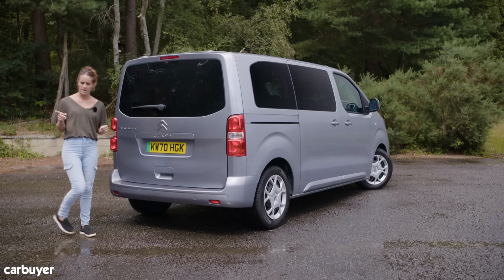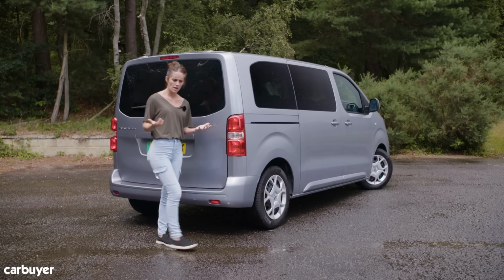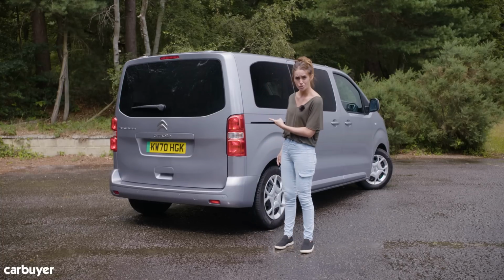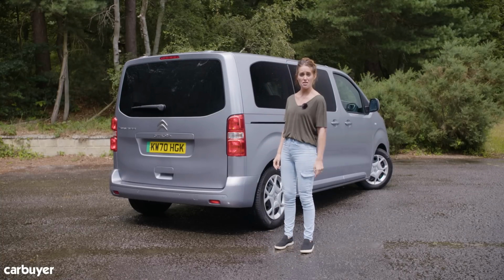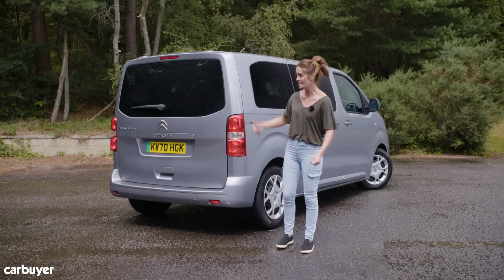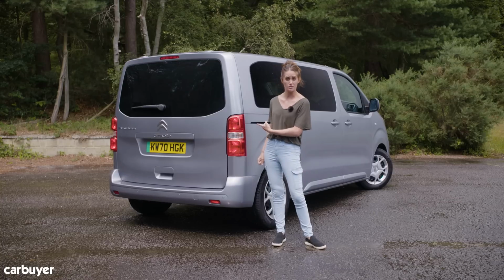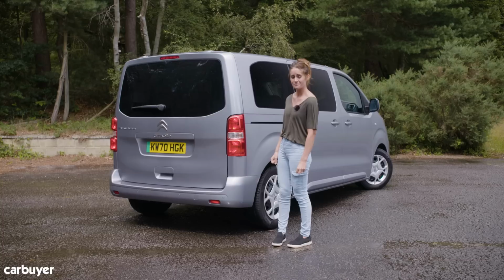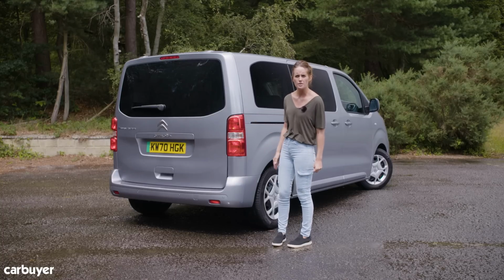Sometimes, when more than 5 people have to travel together, a large MPV doesn't quite do the job, but the Citroen SpaceTourer is the answer to every large family's needs. It is cost effective to run, especially if you go for the electric version. There is so much space inside, you can have a good game of hide and seek in there if you wanted to. It would be good if there were a few more luxury features in the higher spec models,